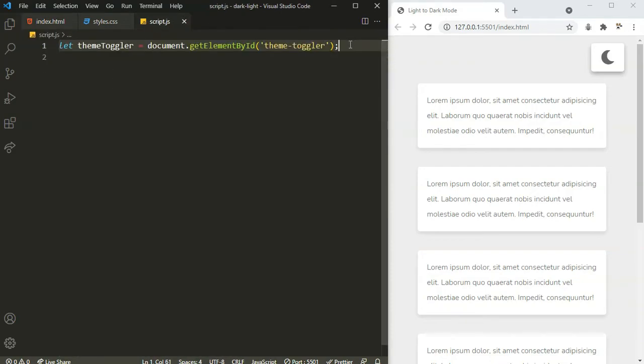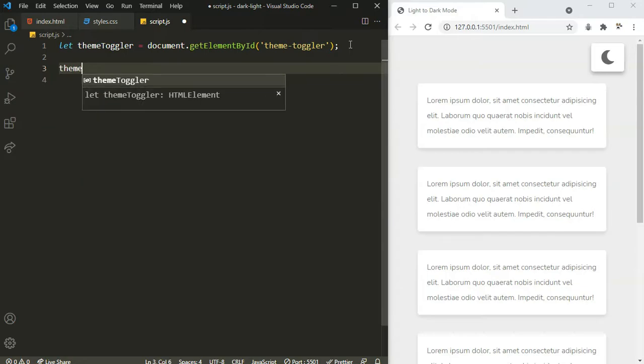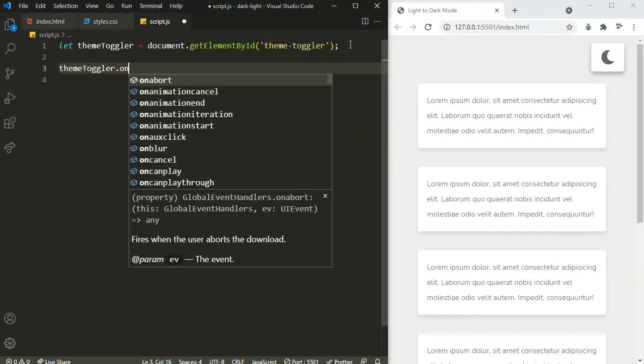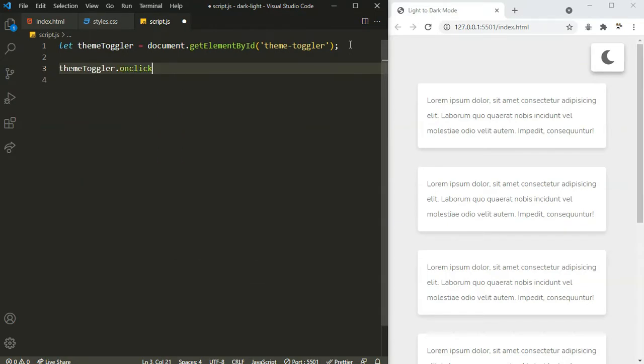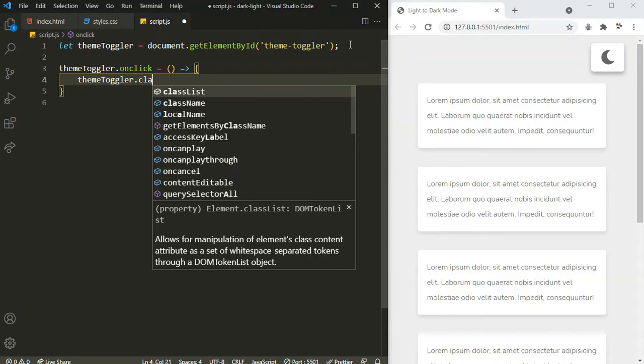Okay, now we need to listen for the click, right? You can do it in multiple ways. For example, you can set an event listener, but in this case I'm gonna set an onclick. So here themeToggler.onclick. So when I click on it, I'm gonna fire off a function, and that function should say themeToggler.classList.